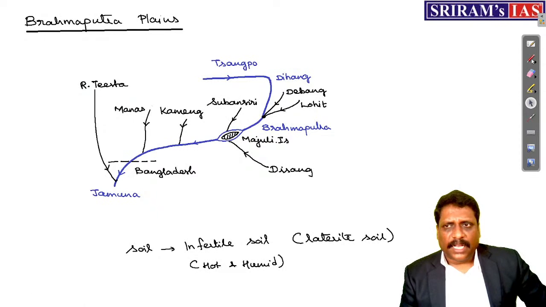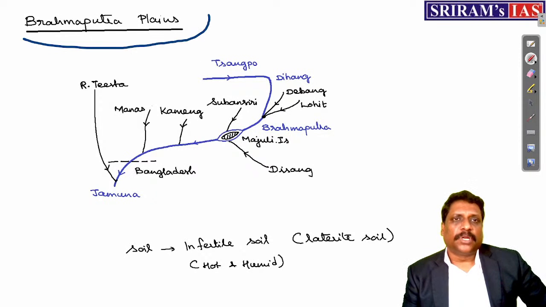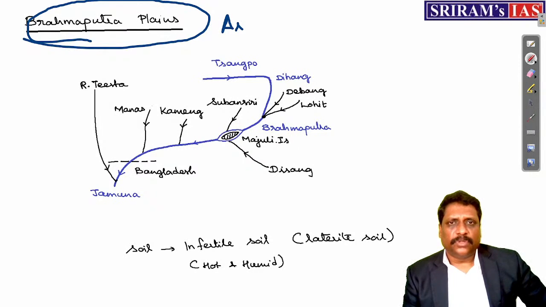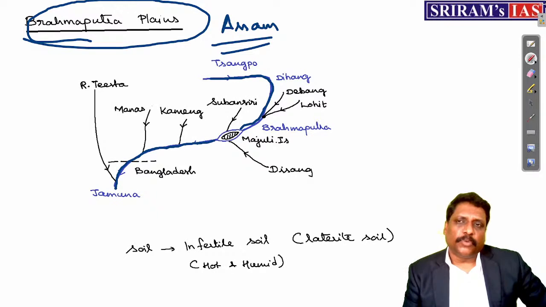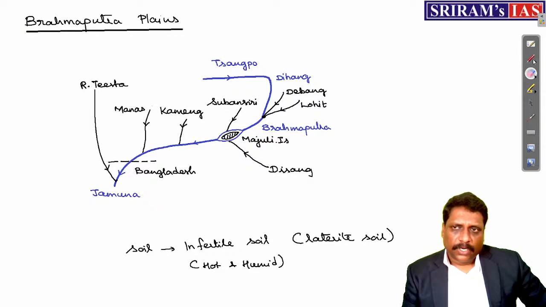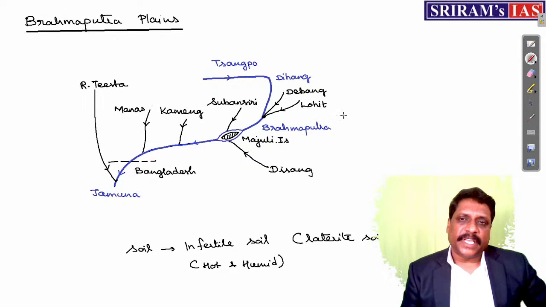Now, the last of the northern plains of India is called the Brahmaputra plains, completely confined to the state of Assam. Now, what I have just given, I have tried adding some of the very important tributaries of Brahmaputra. And see, Brahmaputra does not take the same name in different countries. Forget about the country, even in India, it does not take the same name in different states.